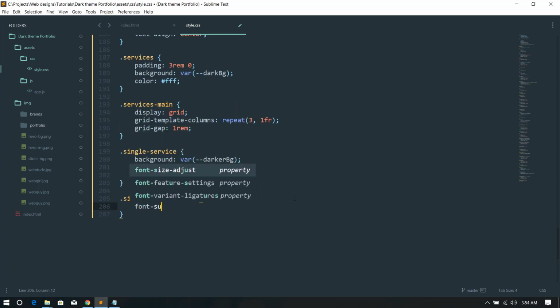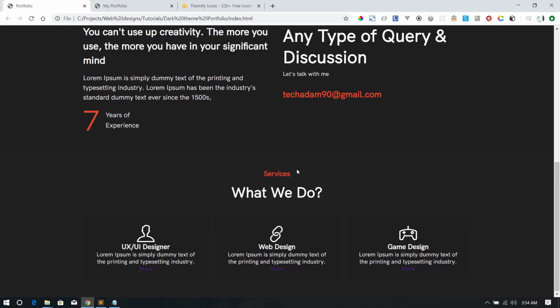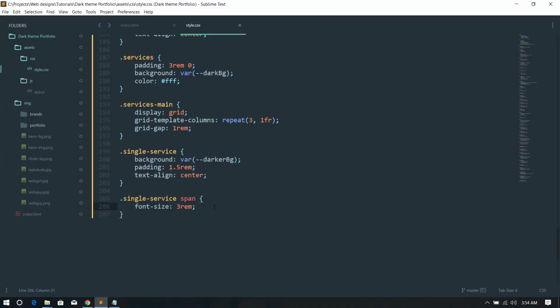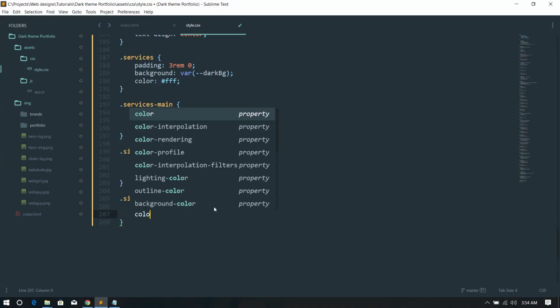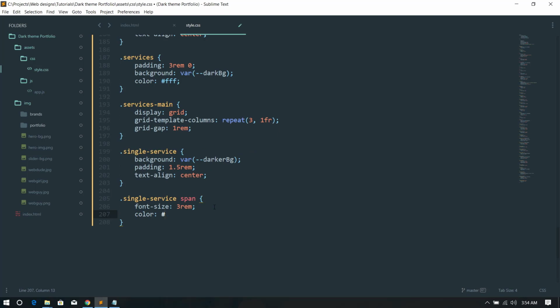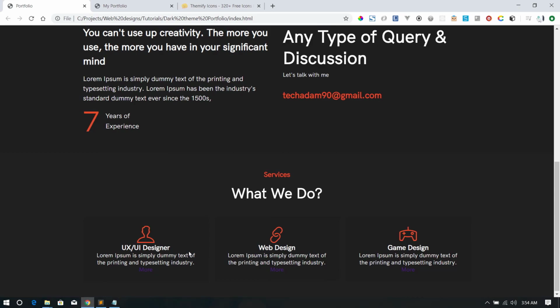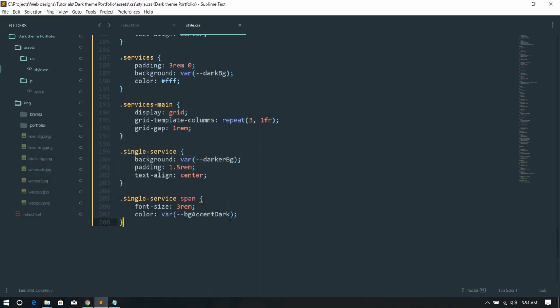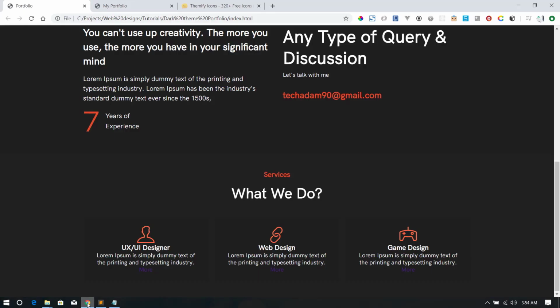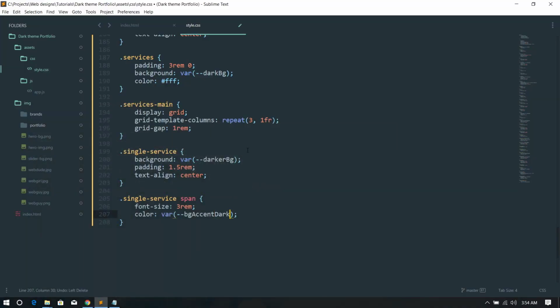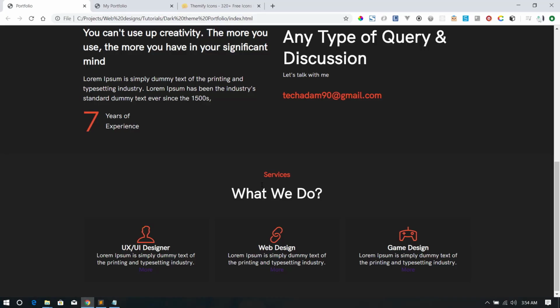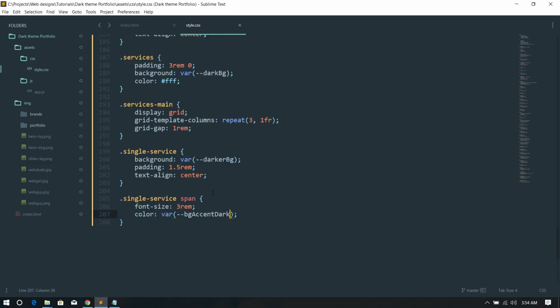We want to give it a font size of 3 rem. Yeah, so we're going to give it a font color of bg accent dark. Let's refresh that. Yep, let's say bg, sorry, let's use the bg accent. Is it that one? Yep. So